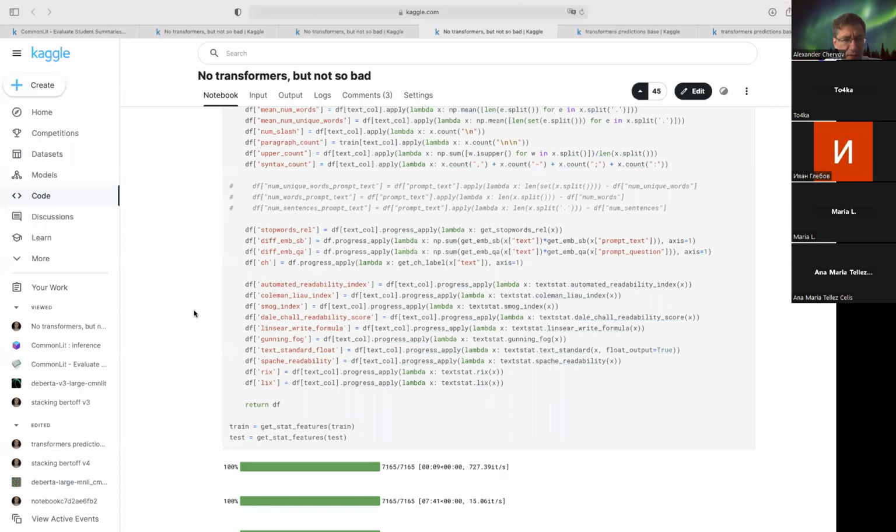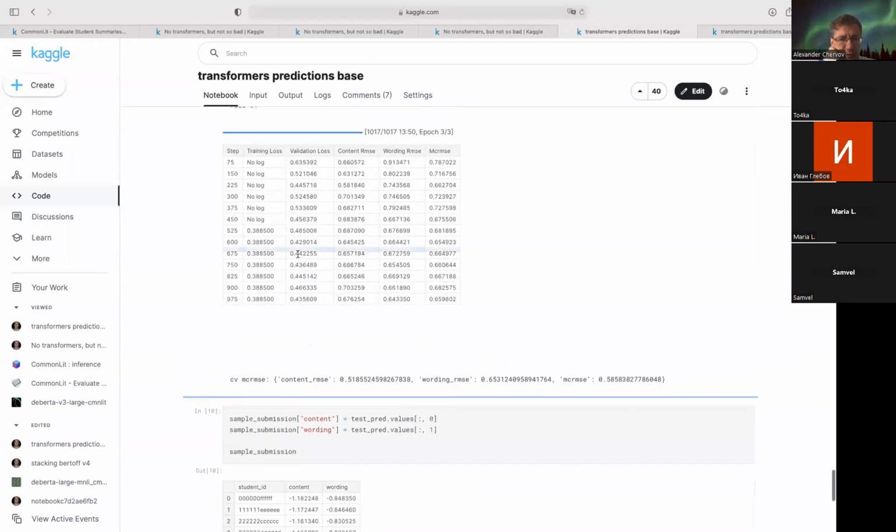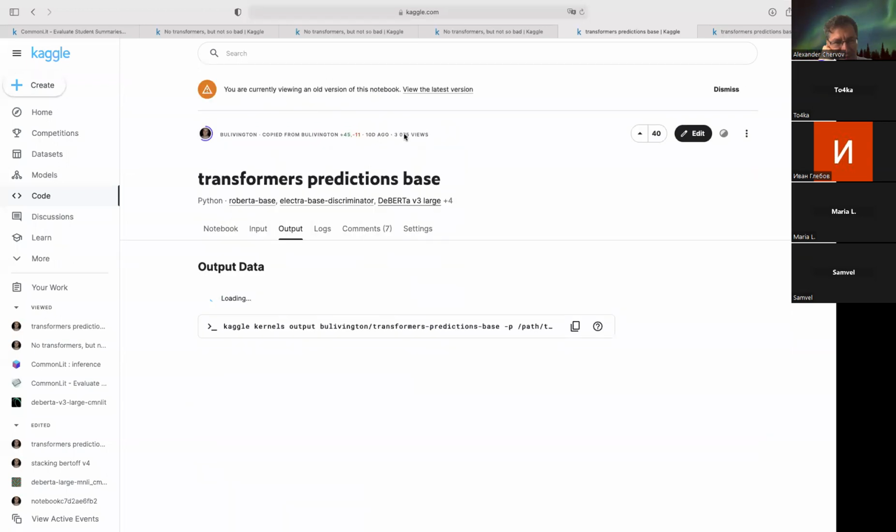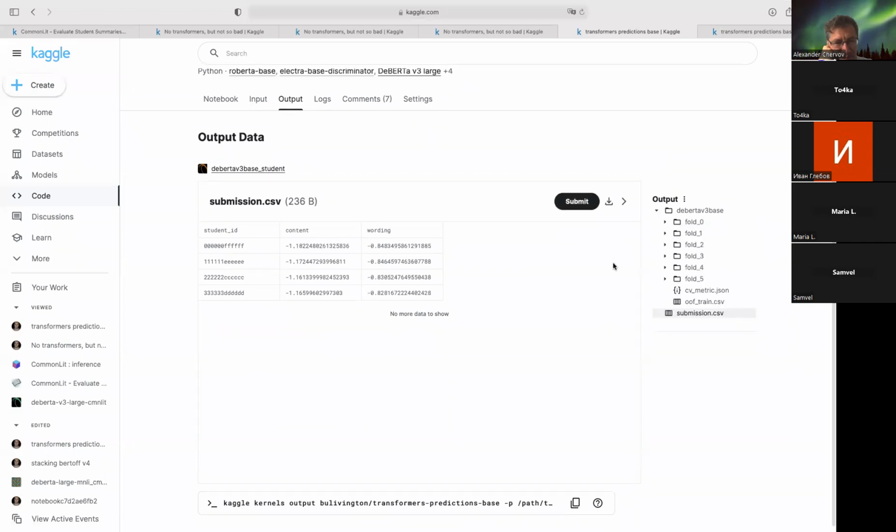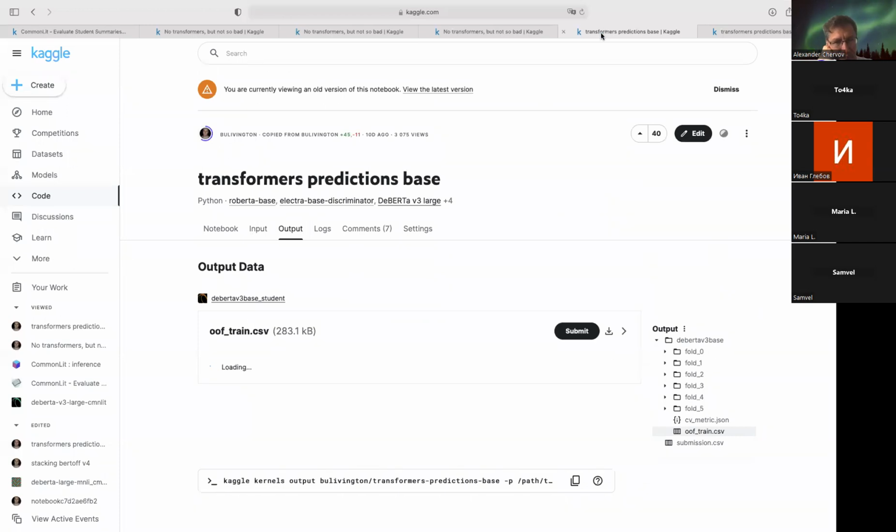Also, you mentioned something about stacking BERTs. What is it? Stacking is a typical approach for... Yes, I know what stacking is, but I mean in this context for BERTs. Sorry guys, I'm not going to show my notebook about stacking BERTs, but like I said before, for using stacking you have to have predictions of your models in out of fold manner. And in my public notebook, Transformers prediction based, like I said before, in output you will get, besides pre-trained models, also out of fold predictions for the trained data set,